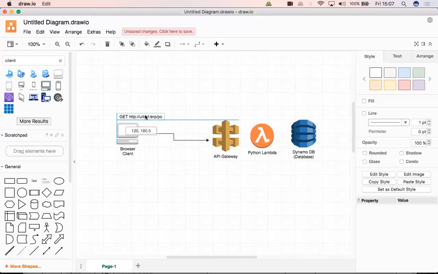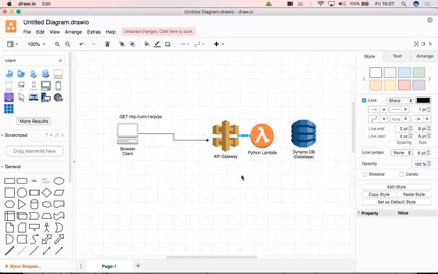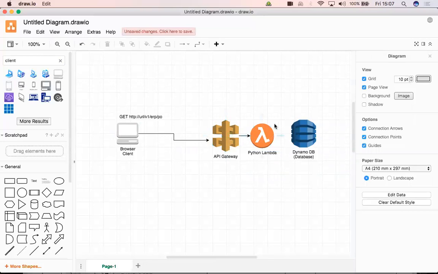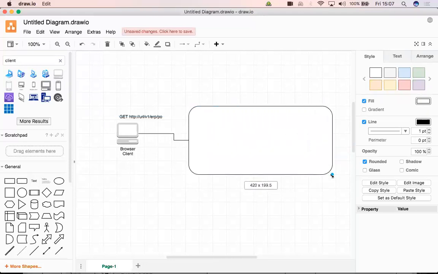It is the gateway that receives it, because that is how the URL is made. The URL points to this gateway. And this gateway, upon looking at the complete URL, maps to or invokes a Python piece of code, which we call a Lambda function. This Lambda may talk to the database to get hold of some data so that it can finally send it back to the client. Is this clear so far, our current architecture? Yes, it is clear. This entire thing is what we call the server.